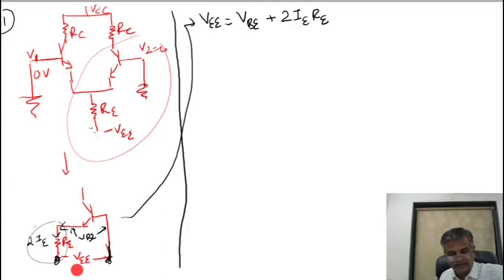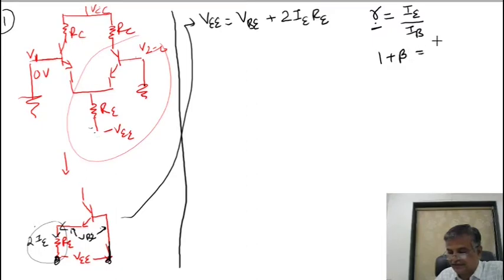This section I can show like this. Between these two I have written VB, VEE. Between these two VB, this is current. This current and this current make 2I, so I have written 2I. So what is VE? VB, this voltage plus this voltage. Now look here. You know, the current gain for common collector is emitter current upon base current, and this current gain we know is 1 plus beta.